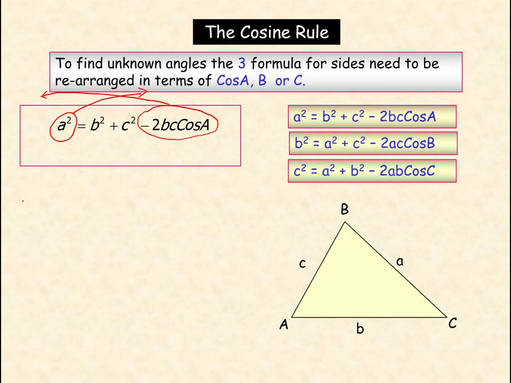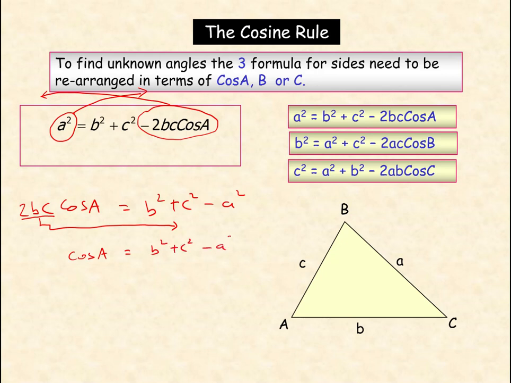So I end up with 2bc cos A is equal to b squared plus c squared minus a squared. To get the cos A on its own, I take the 2bc down underneath everything on the other side. So that means that cos A is equal to b squared plus c squared minus a squared all over 2bc. And that is the formula